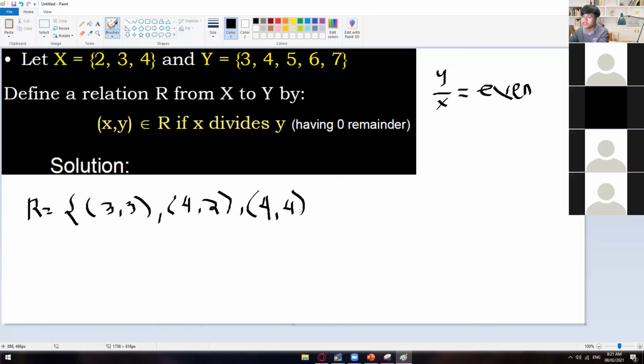Okay. So as you can see, all we need to do is follow this condition, up to the last case. It's like distributing everything from this side to that side, and then this side to that side. So FOIL method. So 3, 2, 3, 3, 3, 4, 4, 2, 4, 3, 4, 4, 5, 2,